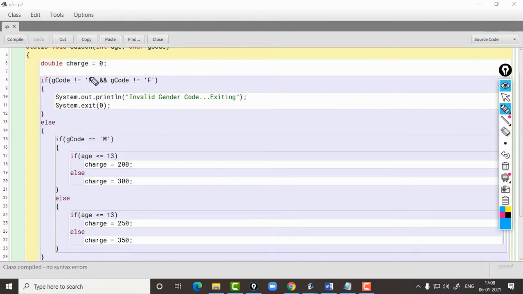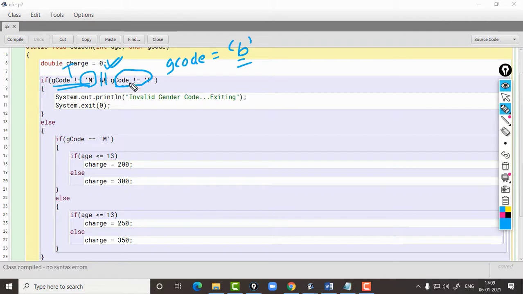The reason is, if we use or here, let's say in G code I entered B. First this condition will be checked: if G code is not equal to M, this condition will become true because character B is not equal to character M. As soon as this becomes true, the second condition will not be checked, because the logical or operator requires only one of the operands to be true.